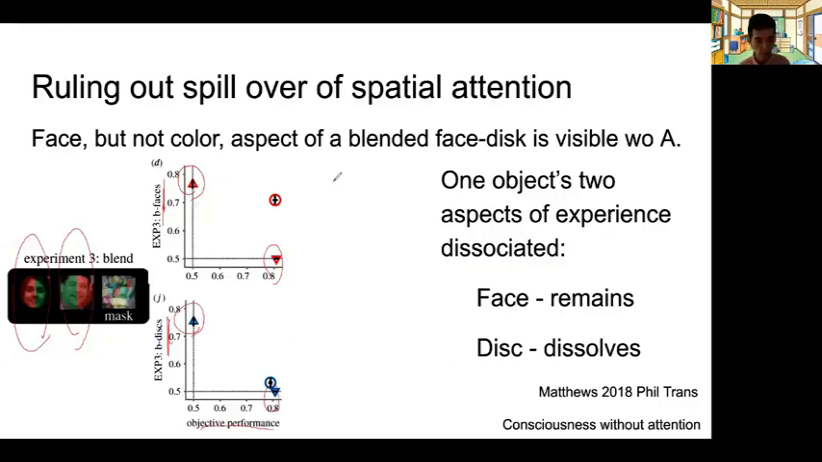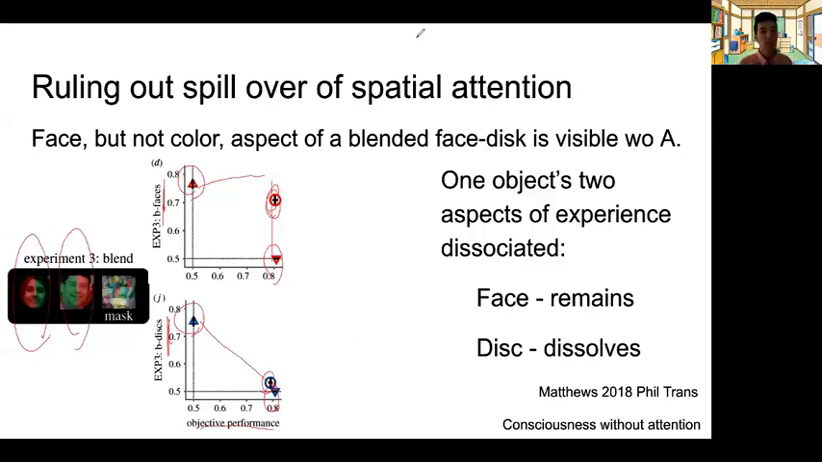Triangle is always single task performance. However, in each trial or in each block, we asked either to report the central letter and the face, which resulted in this excellent dual task performance, or the central letter and disk, which is here. And this means that one particular object that is composed of the face and the color disk, some aspect gets